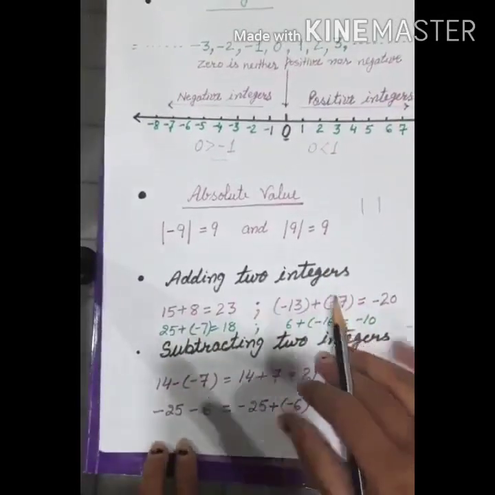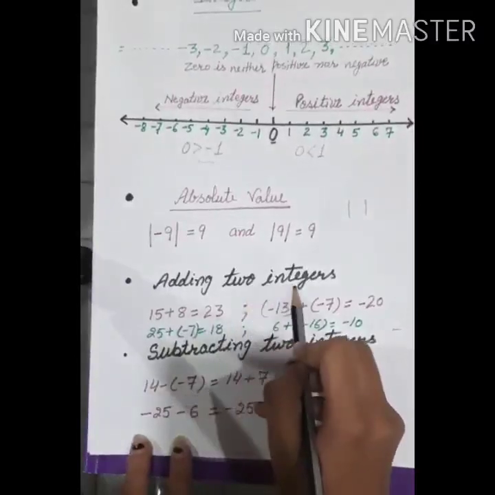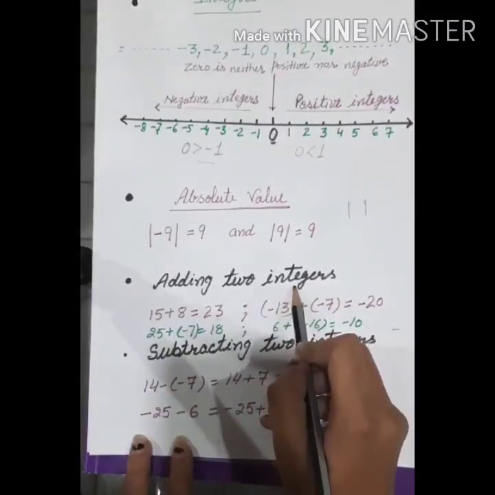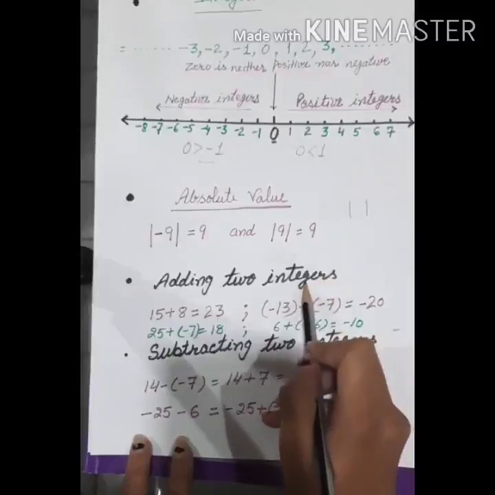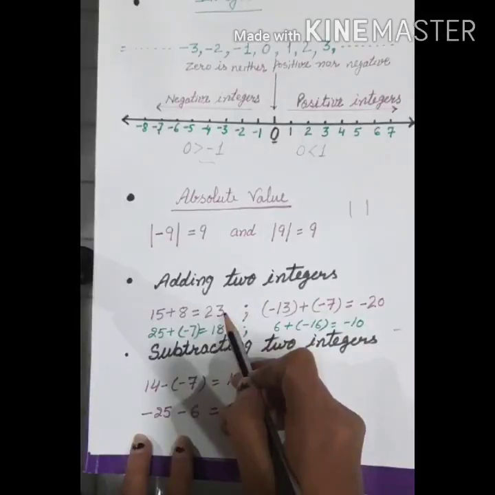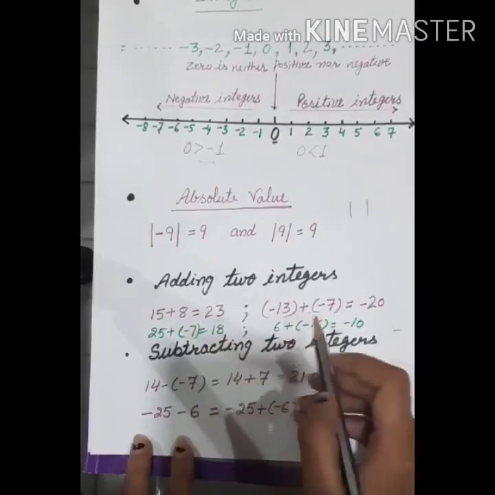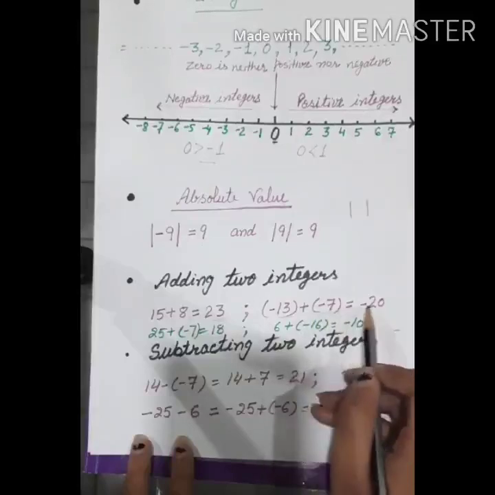Addition and subtraction of integers. Adding two integers. For adding two integers having the same sign, we add their absolute values and place the common sign before the sum. For example, 15 plus 8 is equal to 23, -13 plus -7 is equal to